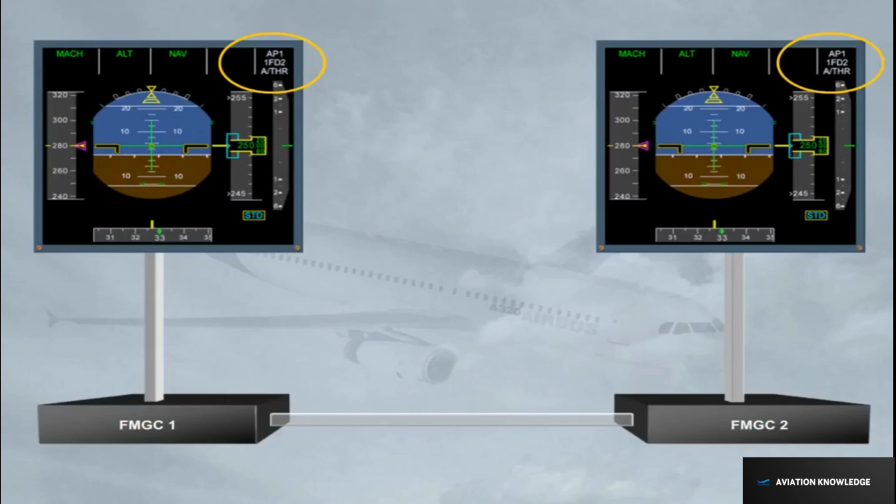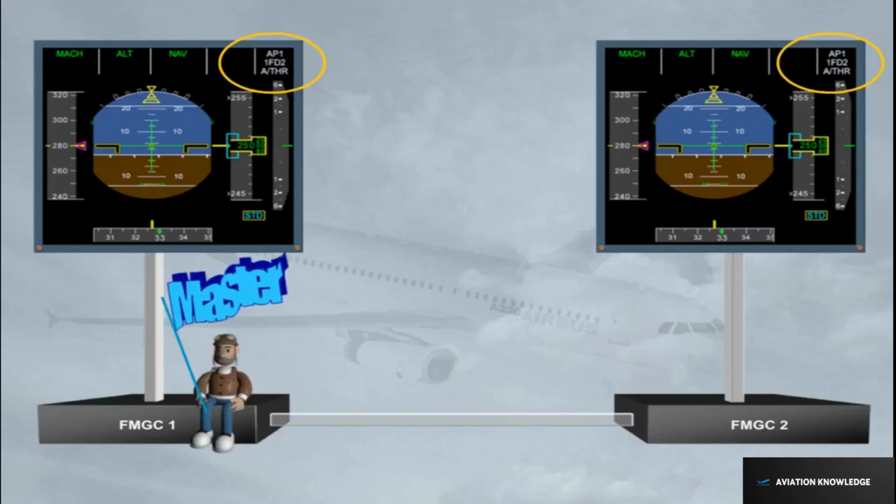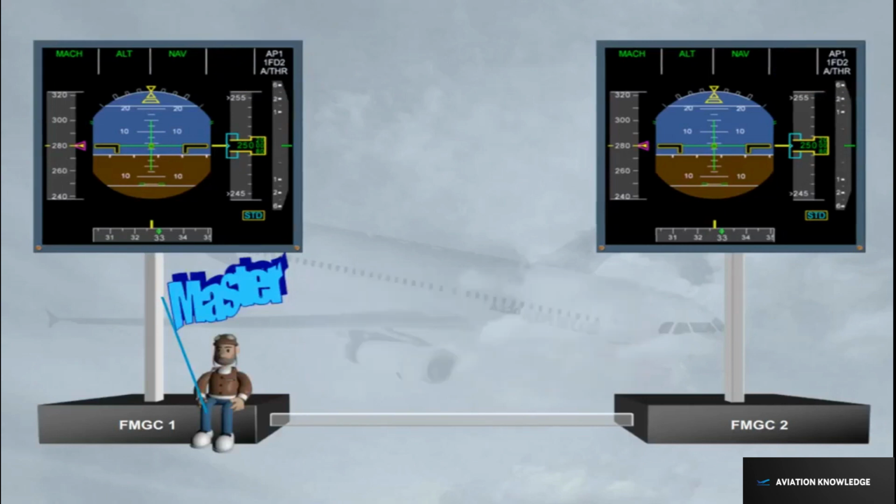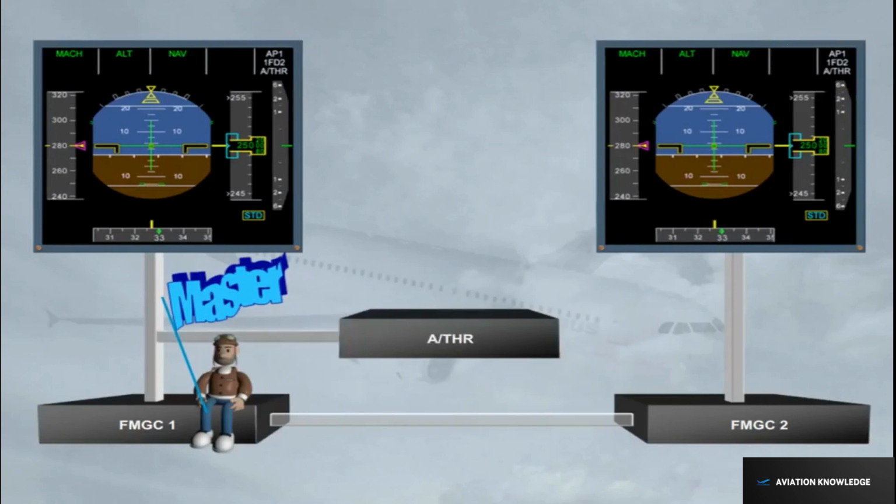Here, FMGC 1 is the master as autopilot 1 is on. The autothrust is driven by the master FMGC. Note, when flight director 1 plus 2 are on, each FMGC drives its flight director and FMA on its on-side